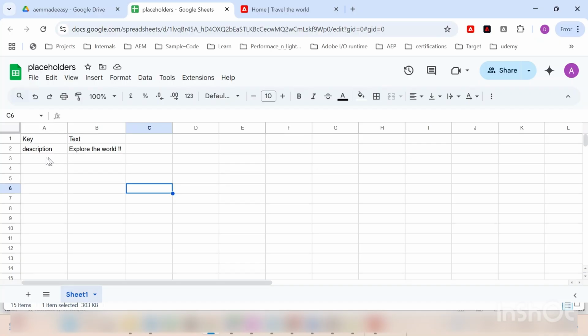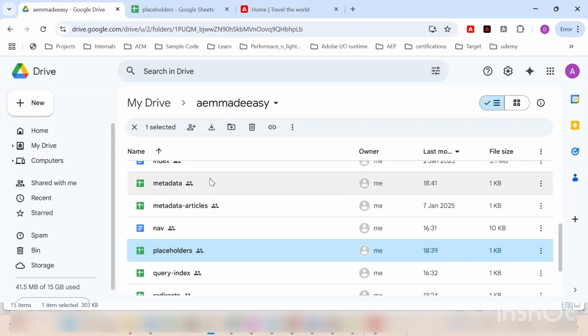For the demo, I've just added one key because I just wanted to make you understand the concept. The number of keys doesn't matter. If it is working for one, it will work for others as well. So just for example purposes, I added one key here, which is called description, and also how I'm using it. As I mentioned, this is at the root level, and